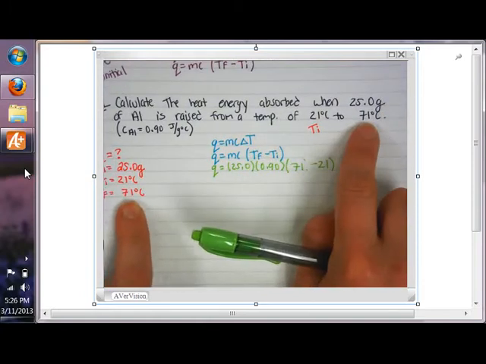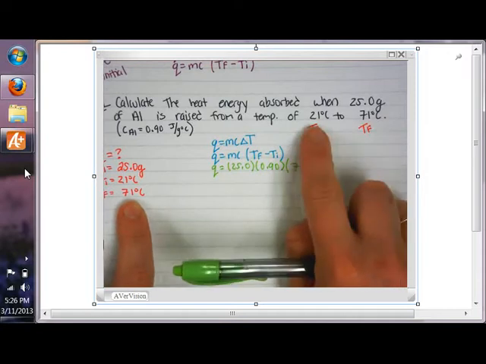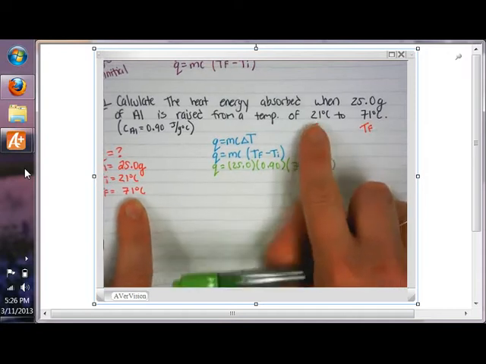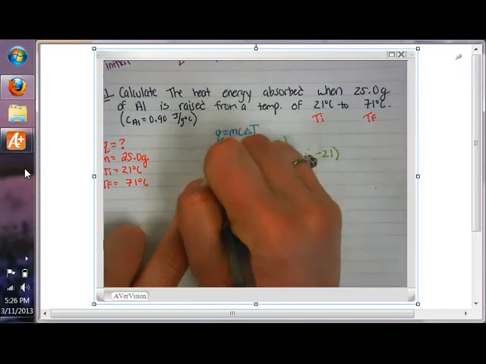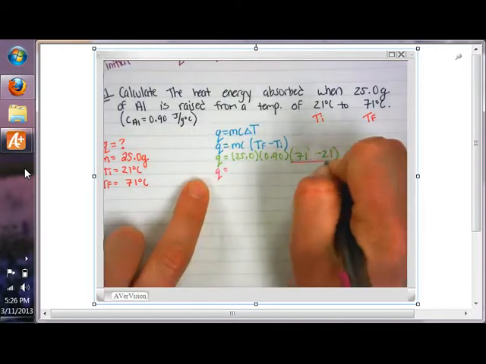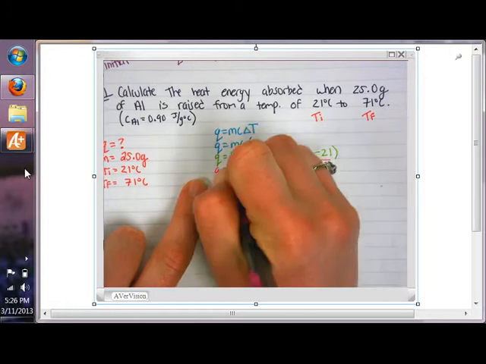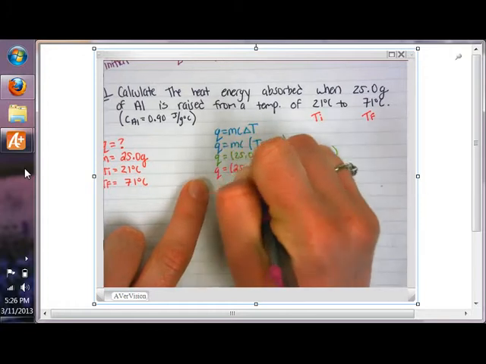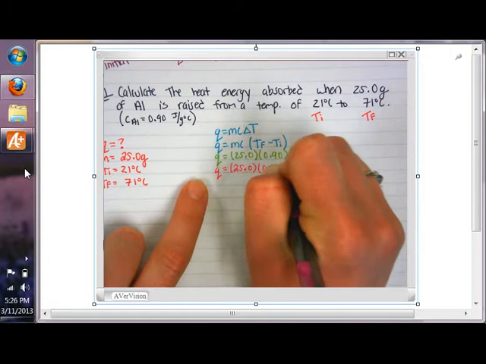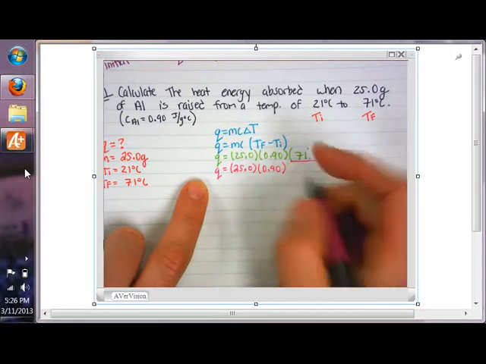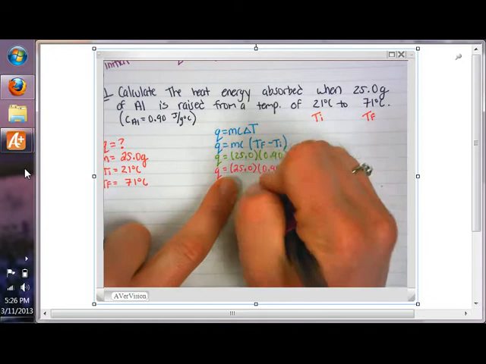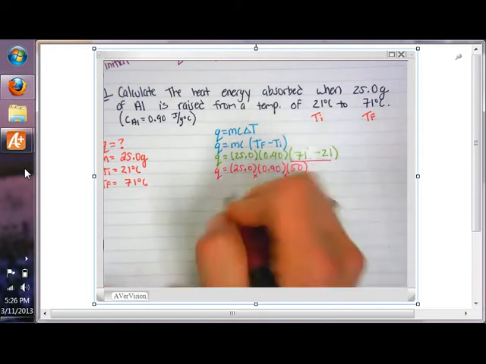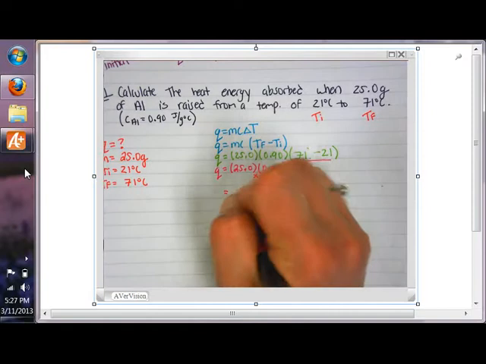Final number, usually the second one they give you for temperature, minus the starting temperature, 21. So working through, first I'm going to worry about subtracting those. So 25.0, 0.90, 71 minus 21 is 50. And then you just multiply all those together, and your calculator spits out